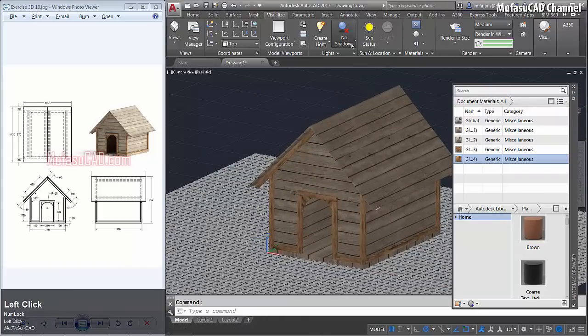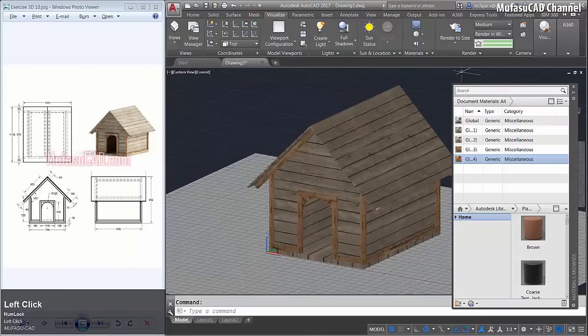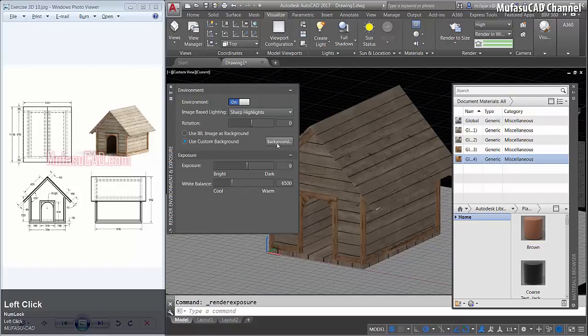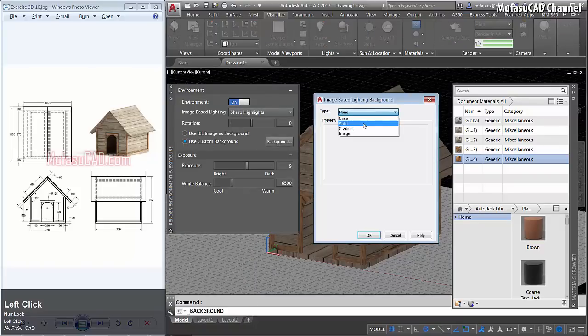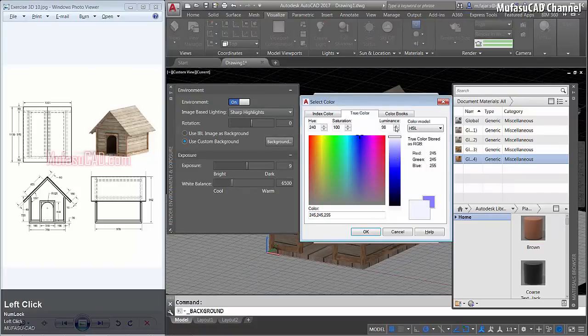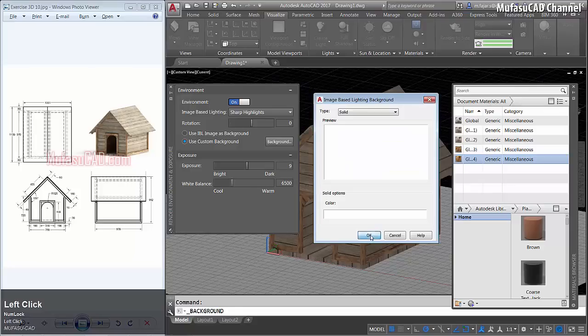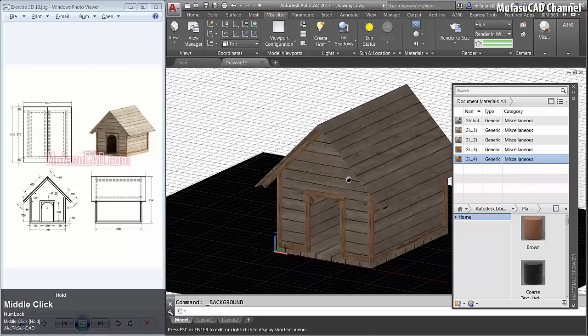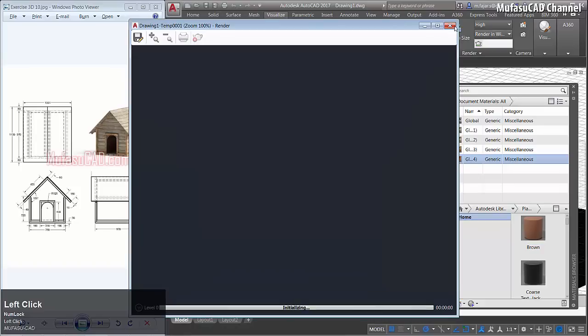First I will activate the full shadow here and change the render quality to high. Activate the render environment here, change the background to white solid here and white here. Okay and okay, and then close, and we try to render the object.